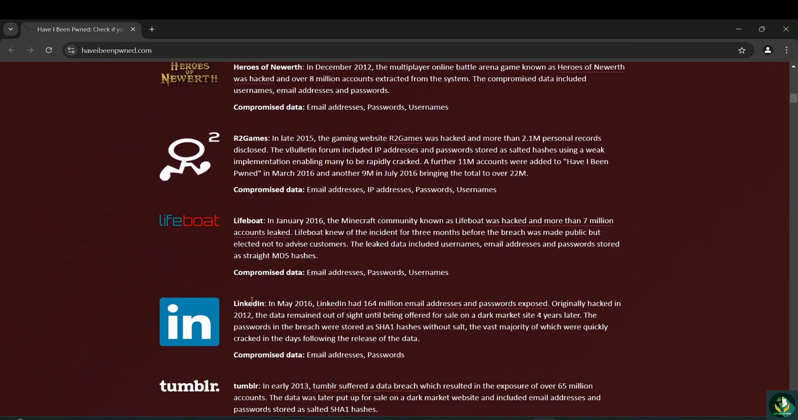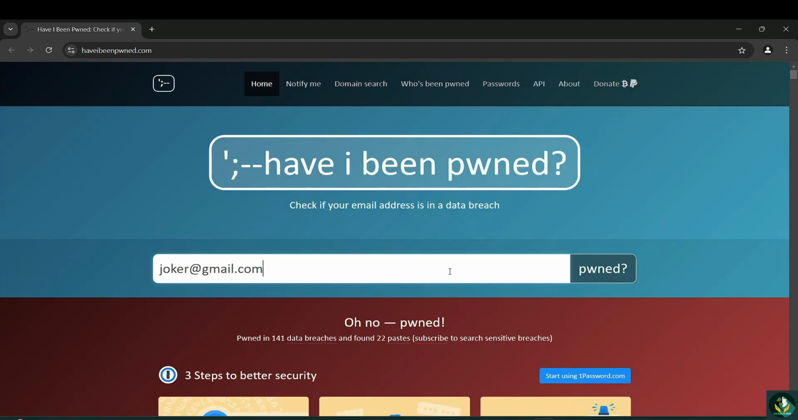For instance, it mentions LinkedIn. This indicates the user had an account on LinkedIn which got compromised. If you're investigating a target email, this is useful because it tells you the person was active on LinkedIn and might still be associated with it. Next, let's try another email,